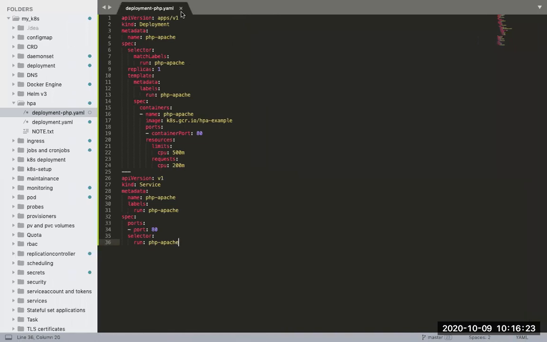If your CPU utilization is less than 80%, it doesn't do anything. There is no issue at all. When it reaches 80% or goes beyond it, then it will start increasing the replicas up to the maximum we have specified. It will not go beyond that, so that is the maximum limit. Now let us try to apply the horizontal pod auto scaling for this.